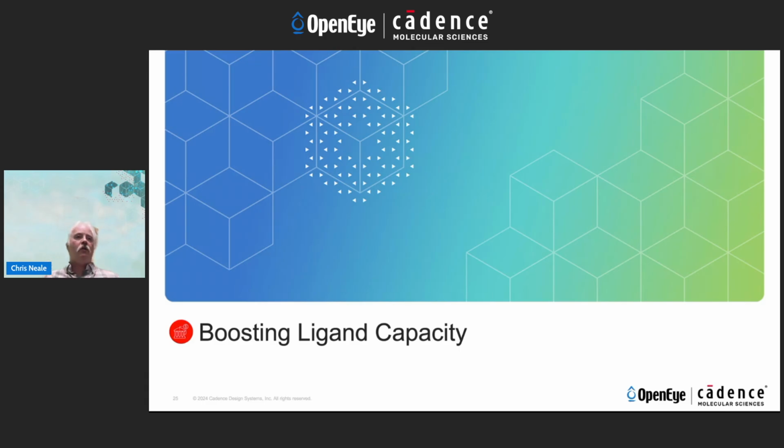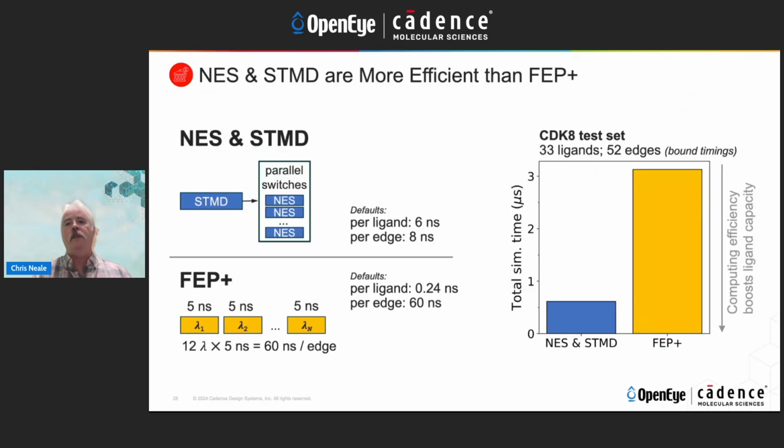So I want to talk now about how you can increase the number of ligands that you can push through these computational approaches on a weekly or monthly basis. And the first way we do that is simply by our selection of method and the default settings that we provide. So on the right here is a comparison of the total amount of molecular simulation time required to run the CDK8 test set. The blue bar is the total time for our MD and NES switches, and the yellow bar is the total time with defaults for running Schrödinger's FEP+. So you can see there's about a 5 to 6-fold difference there